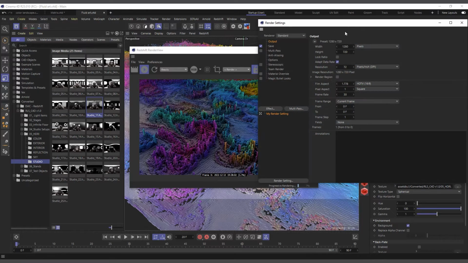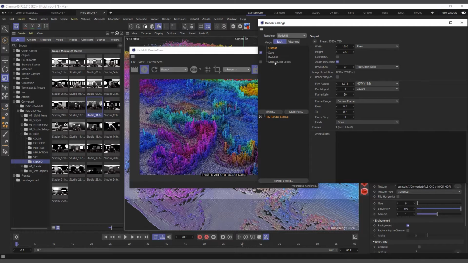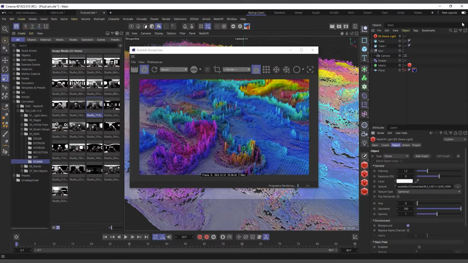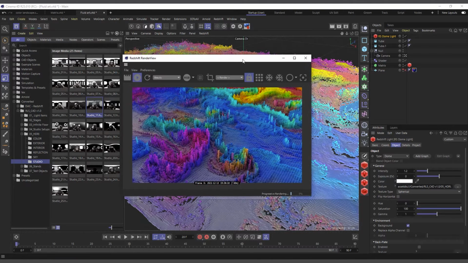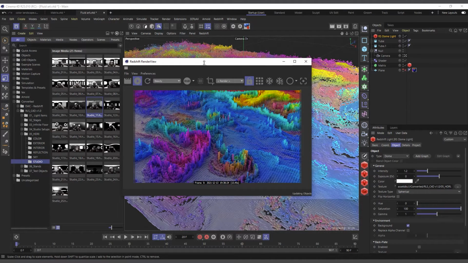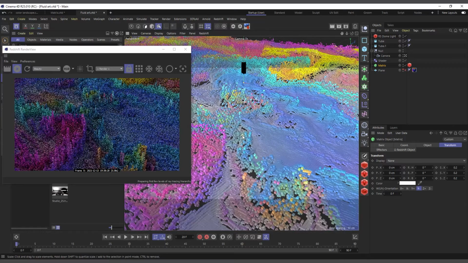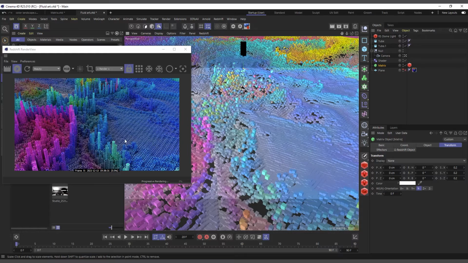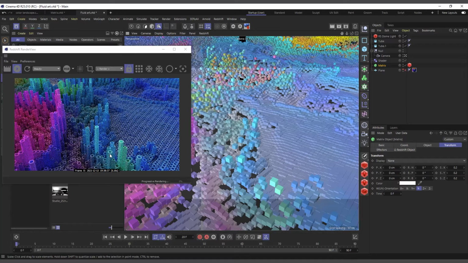and then I'll come to render settings and change the renderer to Redshift. If I go to Redshift, you can see in here you have global illumination. Check this. So now this is basically our scene created. If I zoom in a bit more on this, you can see it's the tubes that we created, the triangular looking tube, and this is what is used as our object. I can bring back my plane